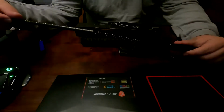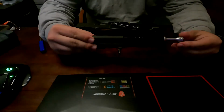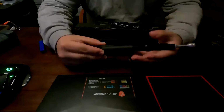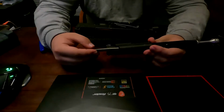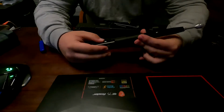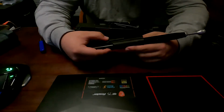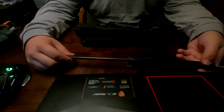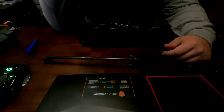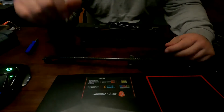But then again, if I was talking in terms of M4s, I know which is kind of weird, the Viper Tech exists, which would be the king of all gas blowback guns. Unfortunately, there is no good AK gas blowback. If there was, I probably wouldn't have bought this gun. GHK is probably the best bet though in terms of customizability, parts, upgrades, such and such. My GHK